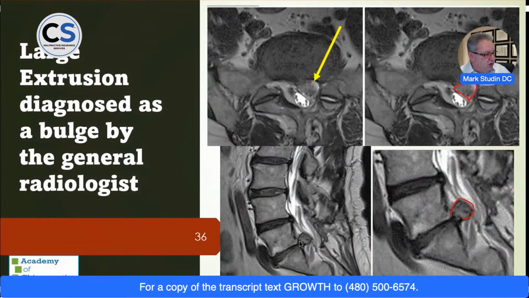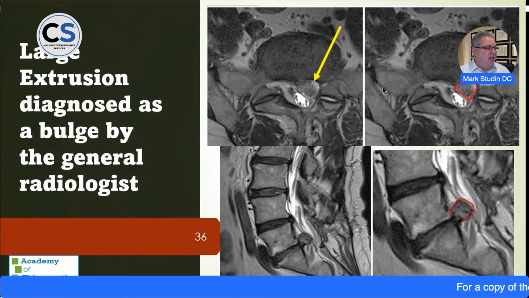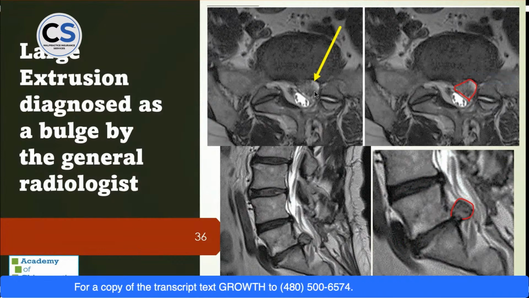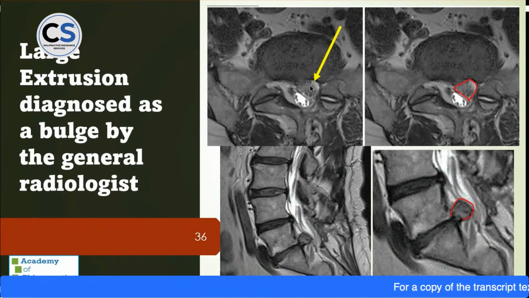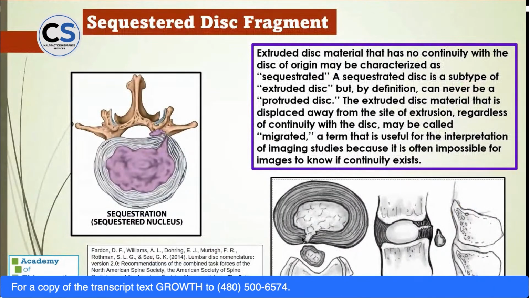Here's another extrusion. It goes above and below, above and below. And here you can see it sits in the central canal and lateral recess and 100% stenosing that neural canal. 100%. This was missed by a general radiologist in Nebraska who refused to talk to my chiropractors who I trained. And I got the guy on the phone and I told him I found it, got him to the surgeon, and I prevented his license from being lost. So here's a huge, huge, huge extrusion, and it's problematic.